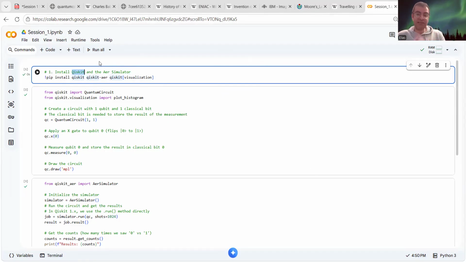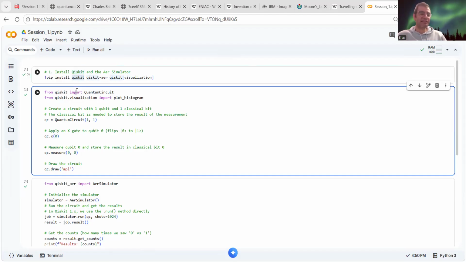And fun fact, you can even run on a real quantum computer, if you have a task like optimization and you want to run it on a real quantum computer, you can actually do it for free. And that's very cool. But we'll get back to that later. Or you can search about it if you are so curious and don't want to wait for the next session.